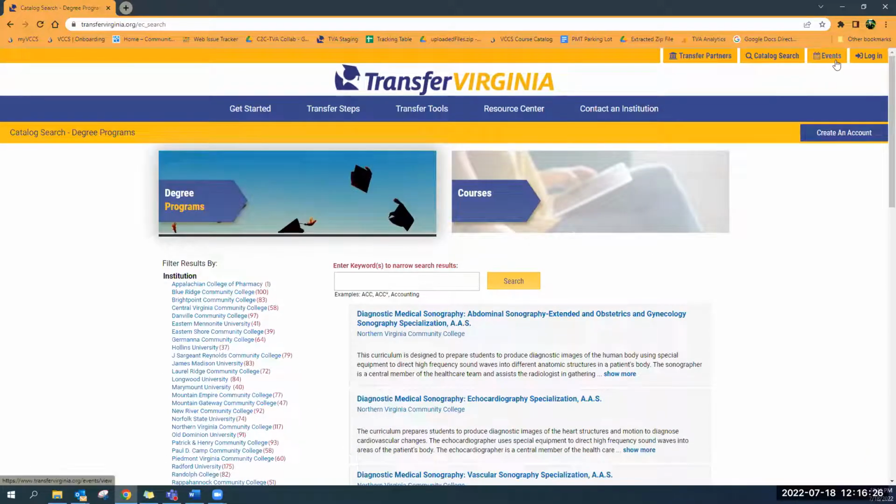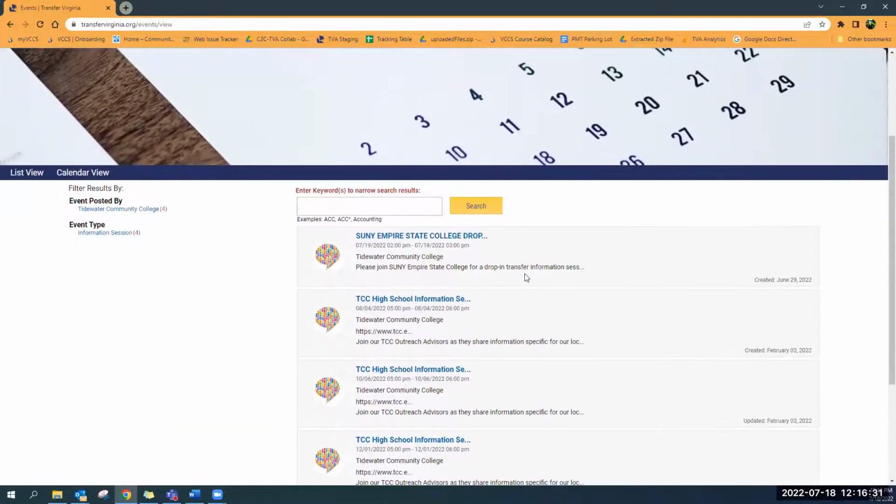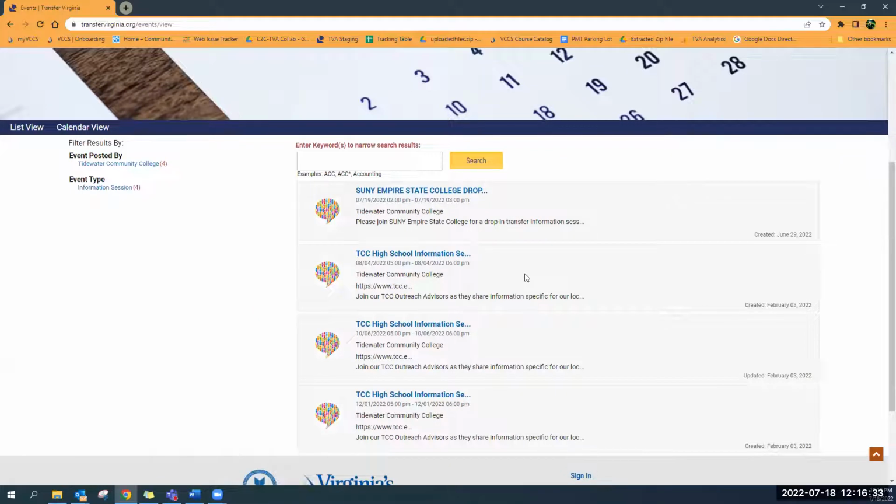Also along the yellow bar, we've got events. And so we encourage colleges to load their transfer specific events into the calendar. Right now, Tidewater is the only college that has their events loaded. Everyone is able to, but then what we want is for students at your college to see when you're holding a transfer fair, for example, or maybe you have a career and transfer center on your campus and you're